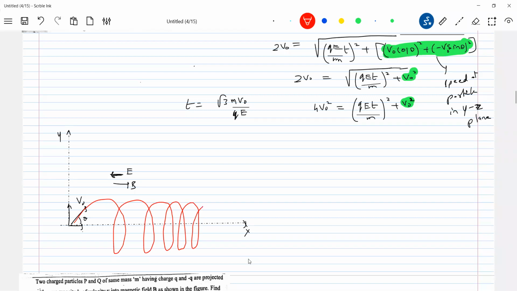Where will it come to rest? I think it all depends upon the condition here, no? It depends upon V naught cos theta and the value of E. It must come to rest on the x-axis. Need not, no? Because of the electric field, what type of motion along the x-axis is it going to describe? Retarding motion. So it will come to rest here. Then from there, it starts moving again. Will it retrace its path is what I'm asking. Can it retrace its path? No, that may not happen.